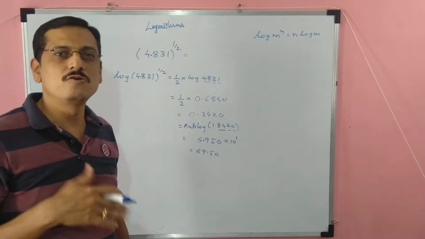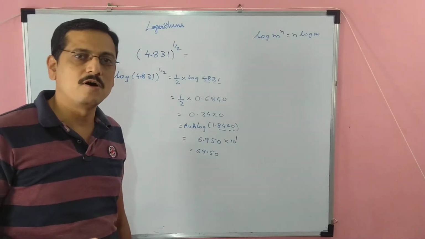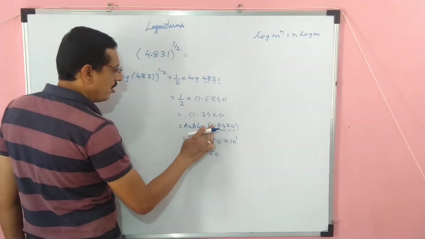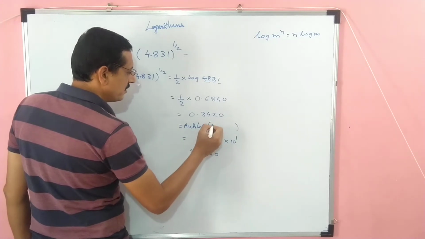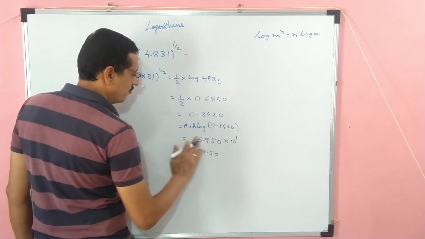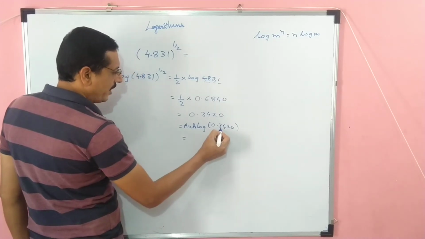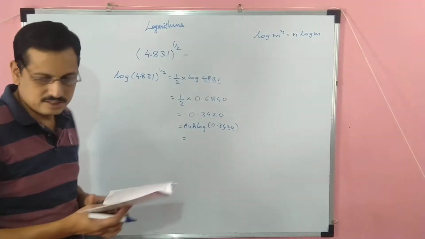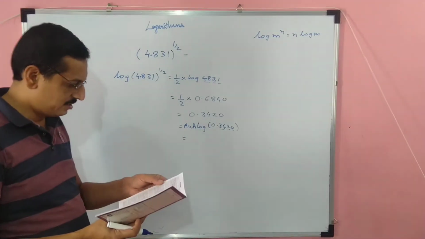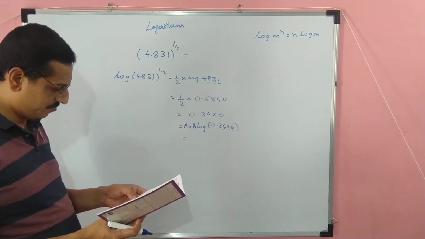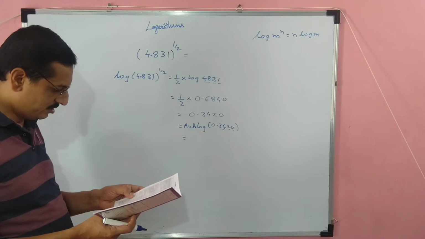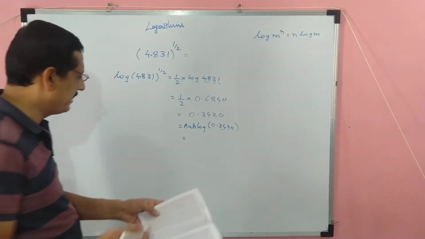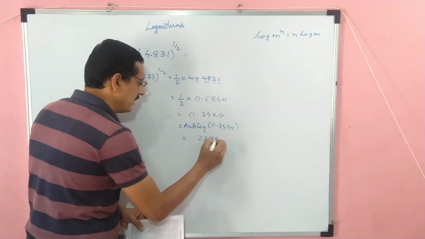Now we have to come out of the logarithm, and to come out of the logarithm we have to use anti-log, student. So now I'll write anti-log of 0.3420. So now check how to read this. 0.34 in 2, difference 0. So I will open the anti-log page. 0.34, okay, I got 0.34 in 2. So it is 0, 1, 2. Mean difference is 0. So I am getting it as 2198.